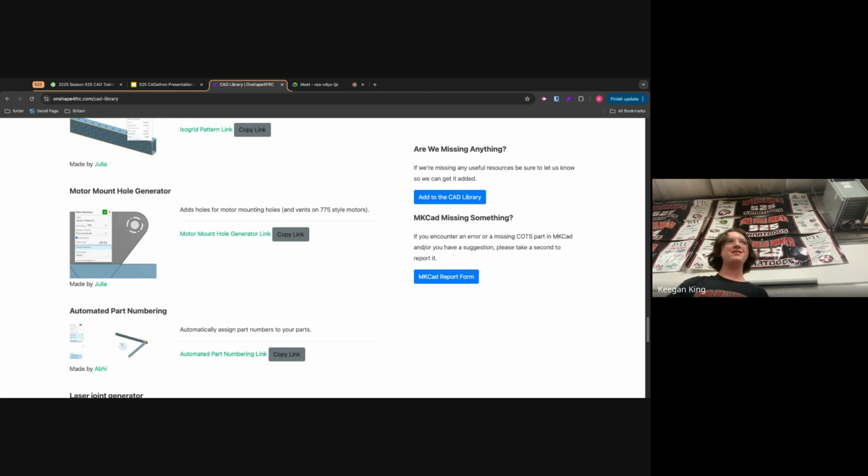So you went to OnShape. Just scroll on down, or you can use Control F to look for motor mount hole generator. Yep. And what we can do from here, we can hit copy link, and then we're going to go back